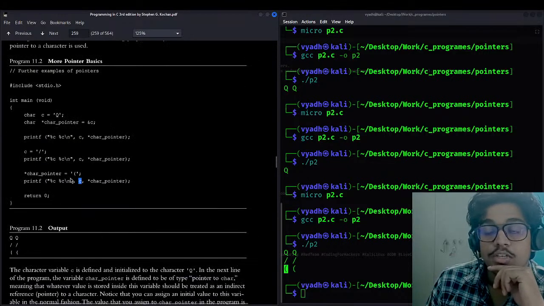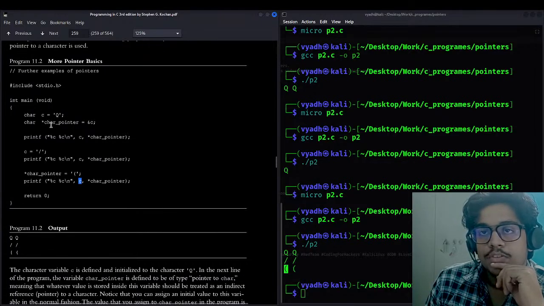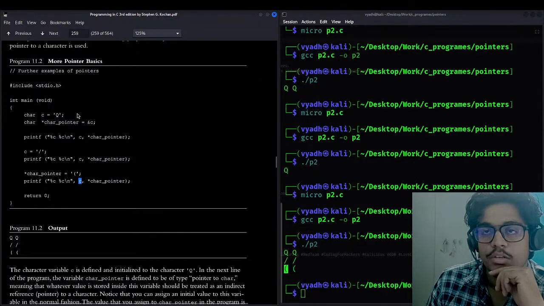You cannot just do it directly by using a third variable. You have to use pointers. If it is some other variable like x equals c directly, and you change the value of x to another variable, c will be printed as it is, only the variable x will be changed.